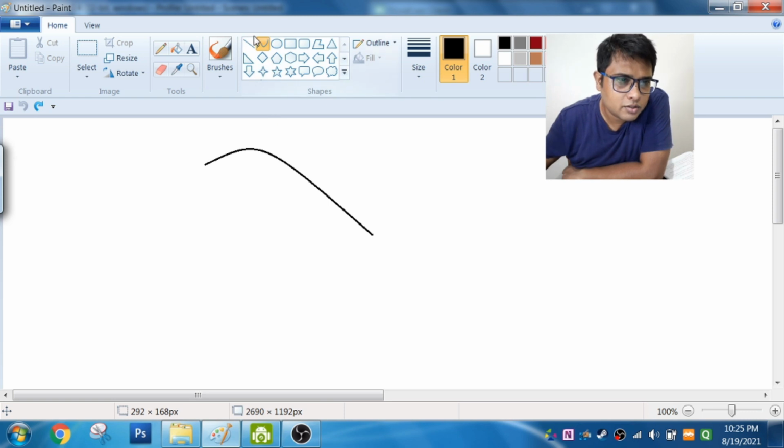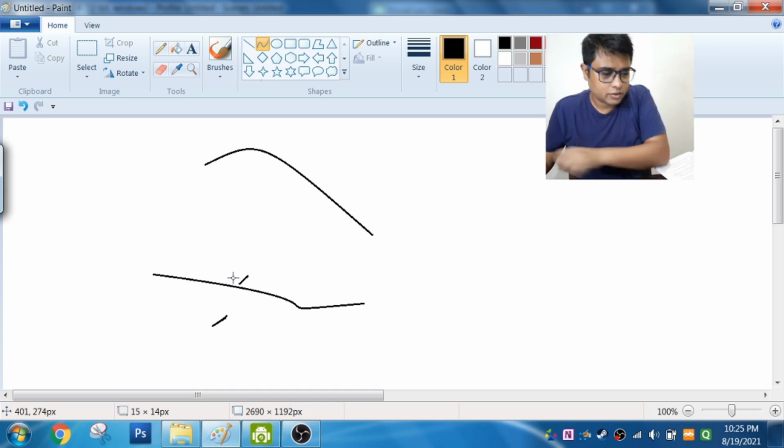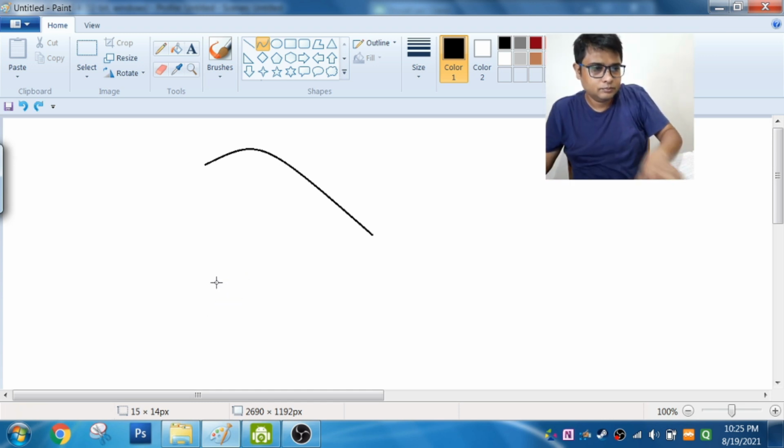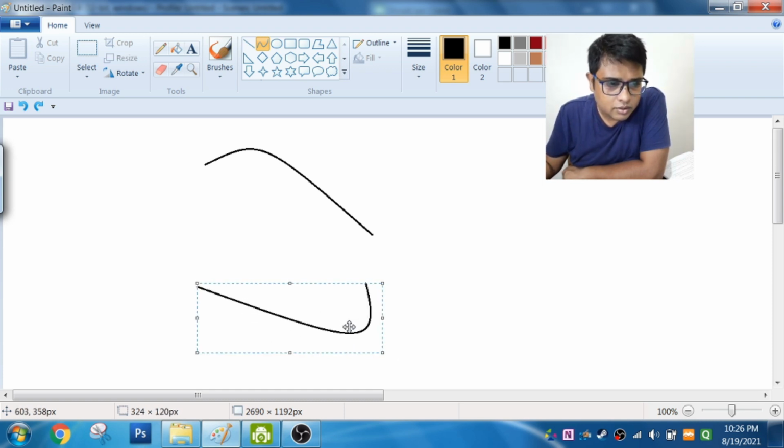Let me show you another one. I click here, I make a line and then I start pulling it. The curved line will be drawn.